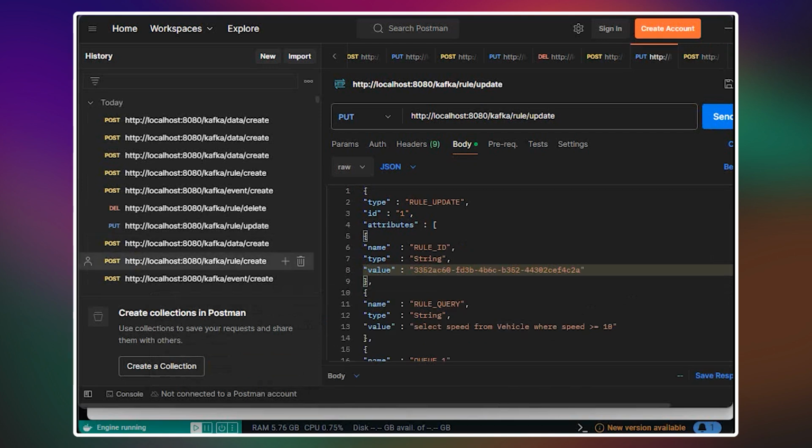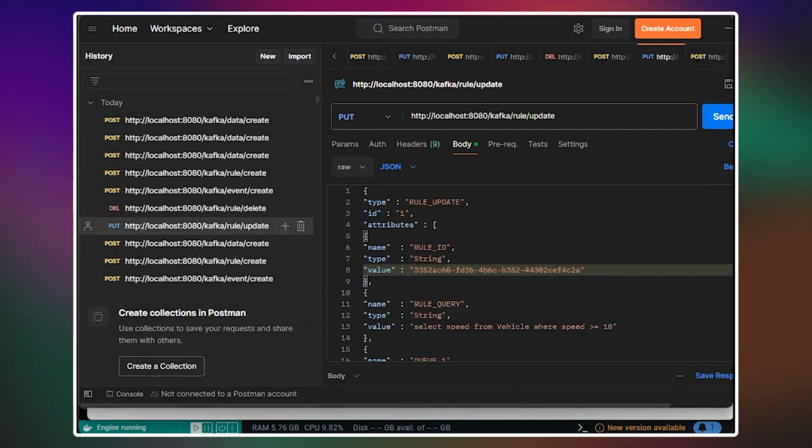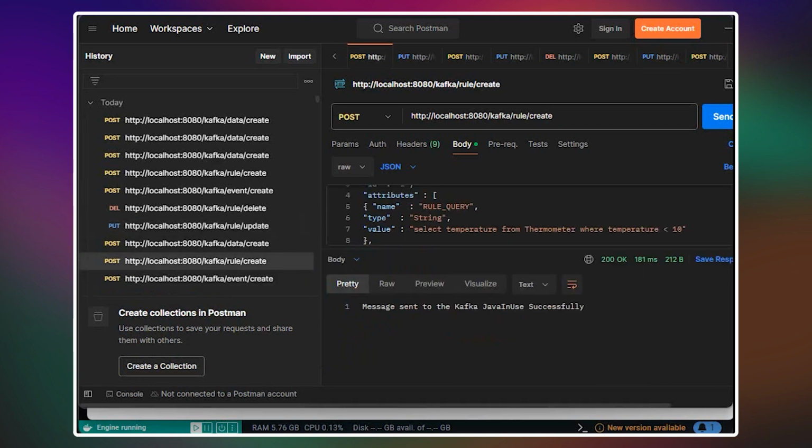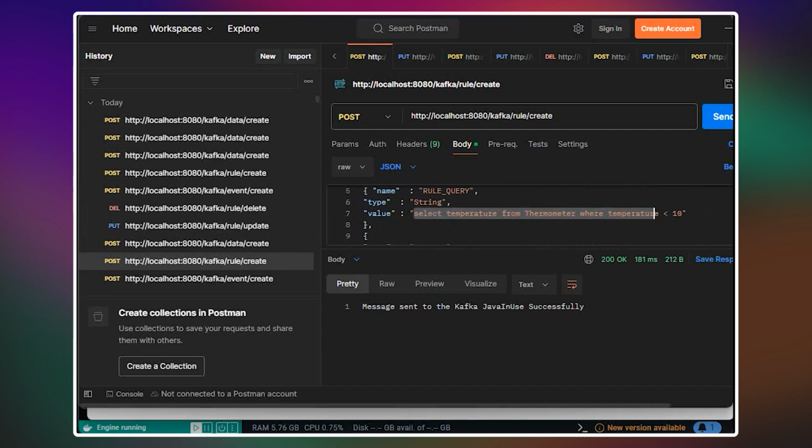I said the first behavior was less than 10. Now I will change the behavior. I was making some previous tests here.